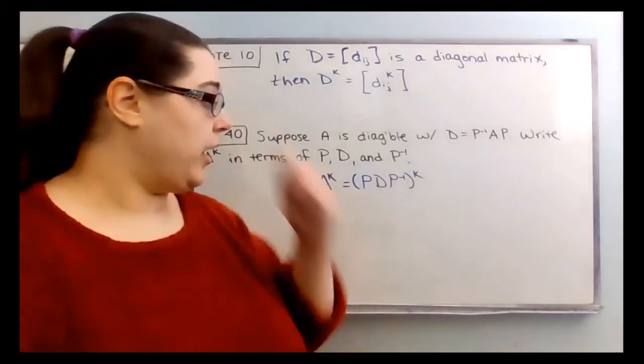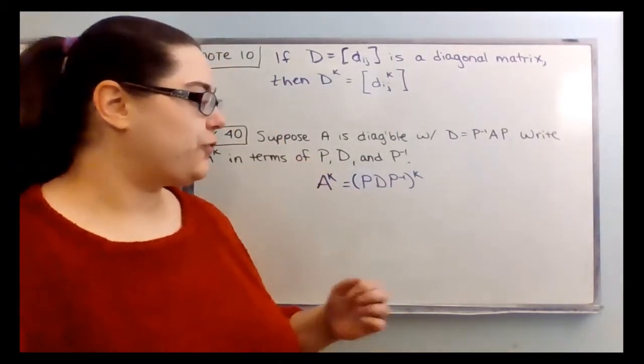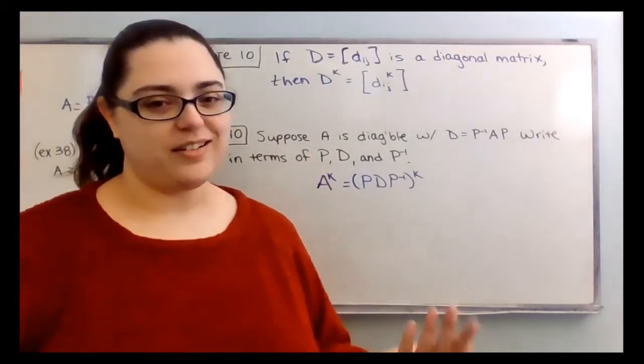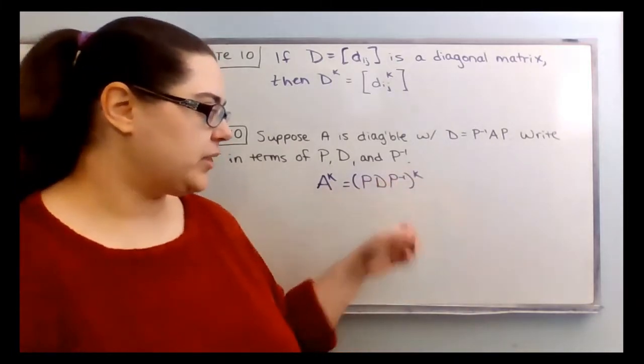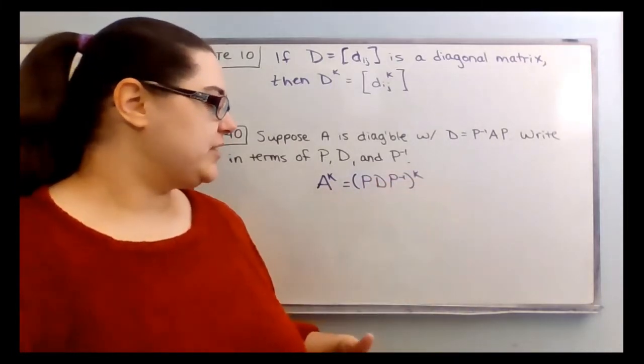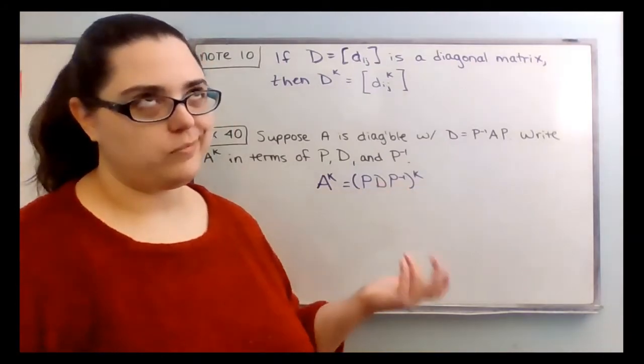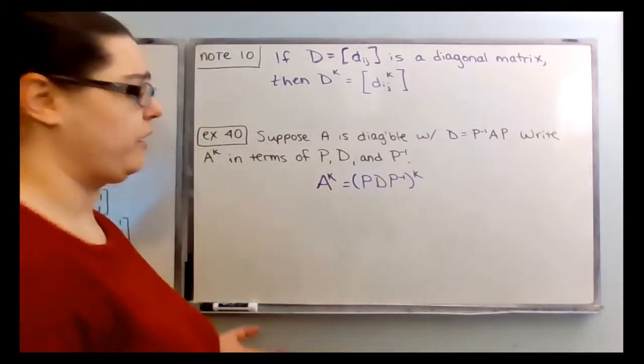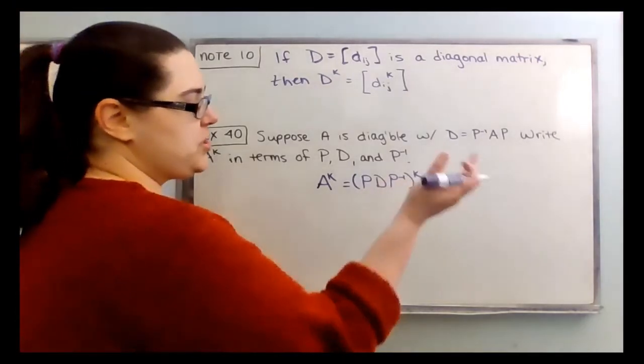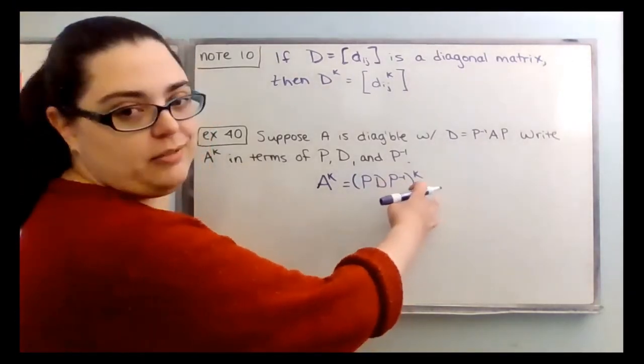Now, unfortunately, we can't necessarily distribute this exponent here. And P is not diagonal necessarily. So we may have some messes going on in this,